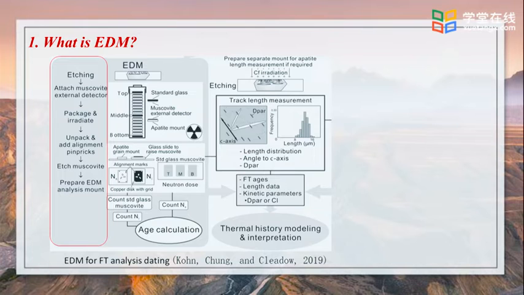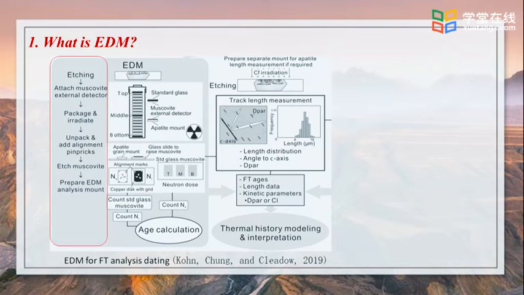In order to determine the uranium-238 content, the EDM requires that etched grains be sent to a nuclear reactor for thermal neutron irradiation. To measure the fission track age by the EDM involves determining the spontaneous track density in a selected grain and finding the mirror image area on the Muscovite external detector, where the induced track density is counted over exactly the